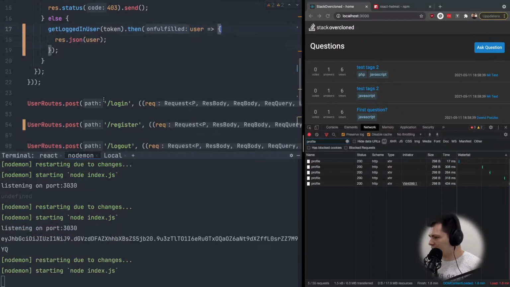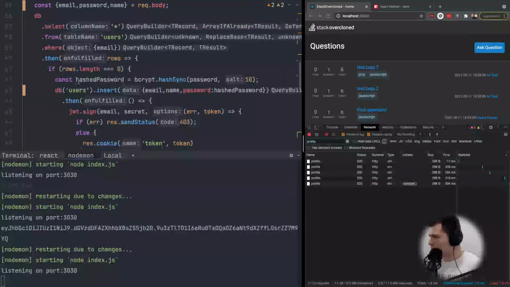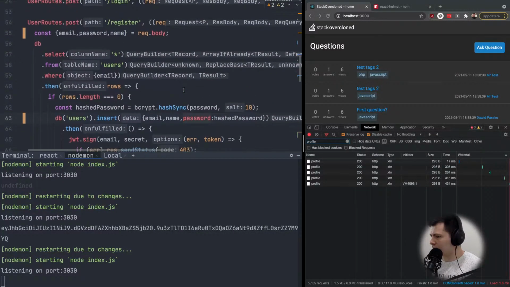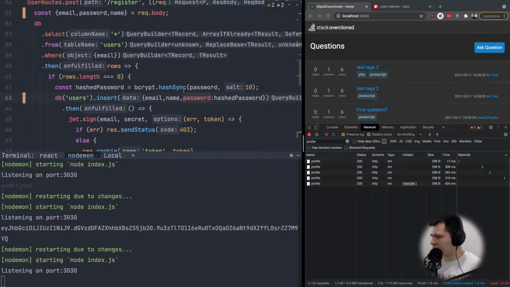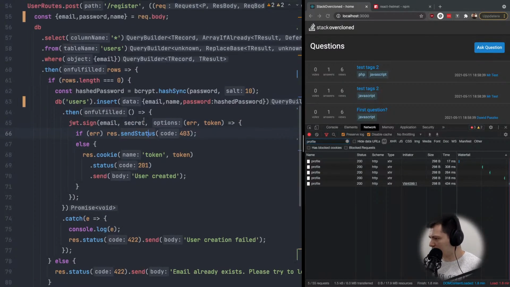Okay, so I think that after registration we are not putting the token here. That's why we need to log in and log out again, but I can fix it. So after inserting the data, we send the token with the cookie,